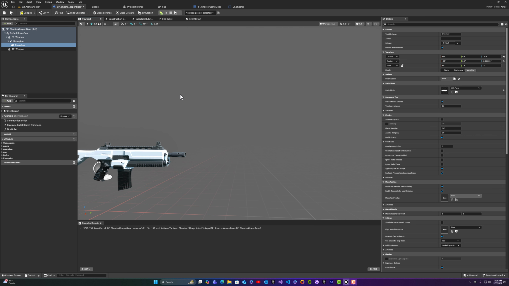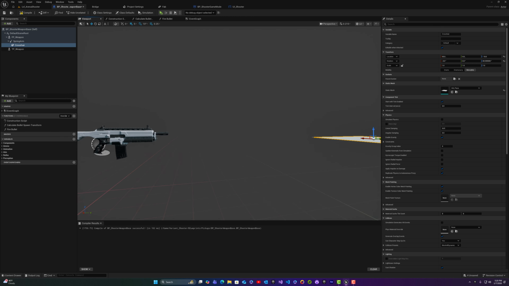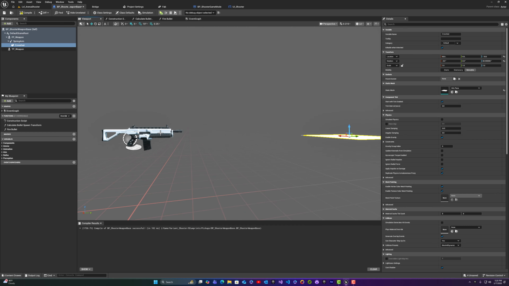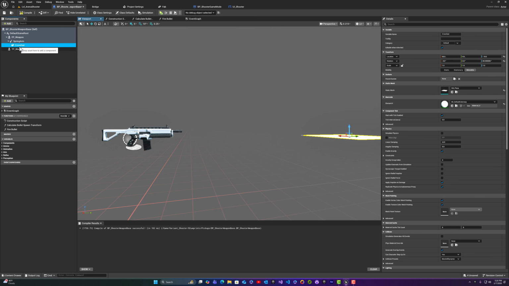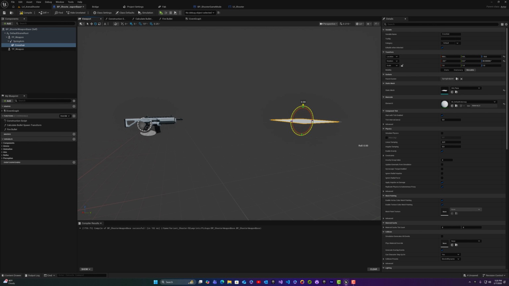Like so. A plane. And I want this plane to be a child of the spring arm, and I want it to attach to the spring arm's endpoint. The spring arm has a socket, so the crosshair will use the parent socket, which is called spring endpoint. The next thing we're going to need to do is rotate this so that it's facing 90 degrees, so it's